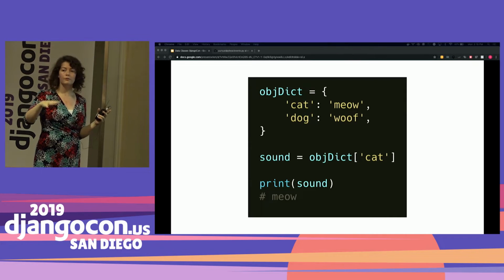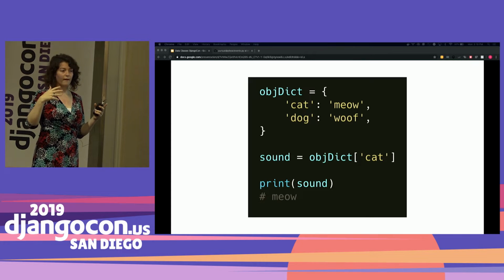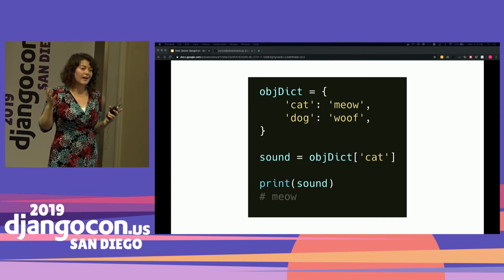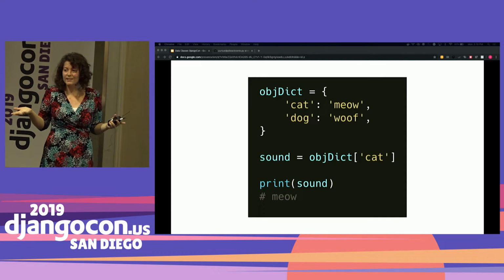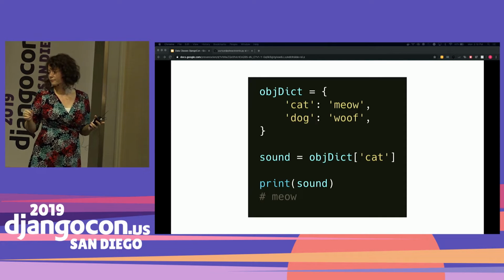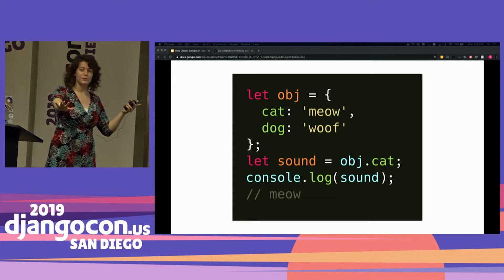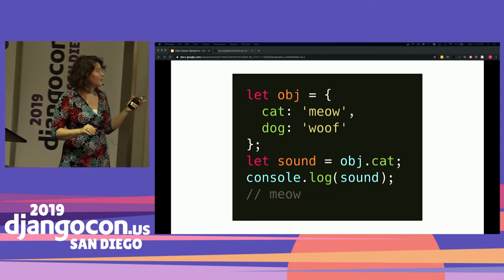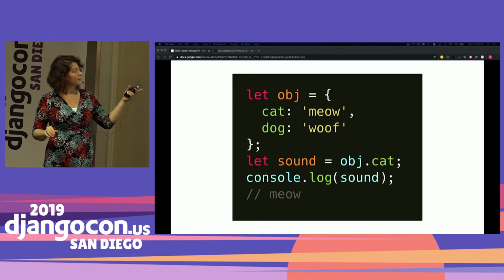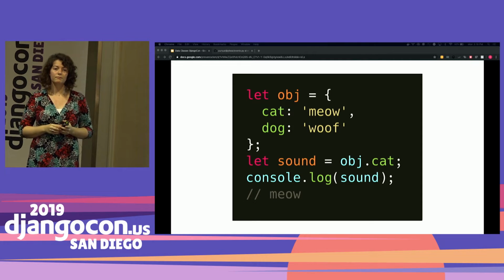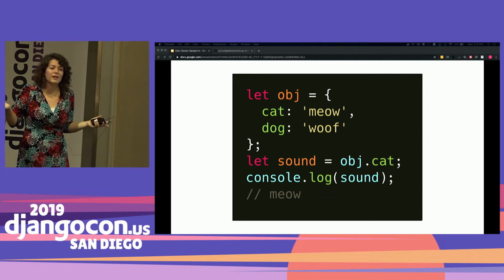If you have used pandas, you know that they do some magic to get around this and use dot notation, and it's kind of nice. It's just a nice to have, right? The equivalent in JavaScript, I know, avert your eyes if necessary, you get that object dot cat, gives you directly what you need. It's just nice, right? We can have nice things, right?